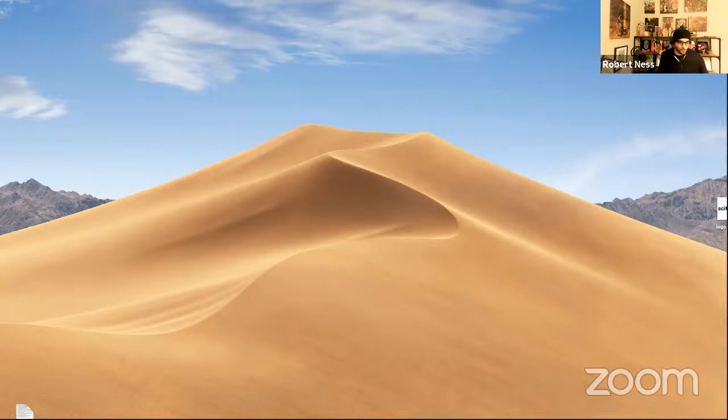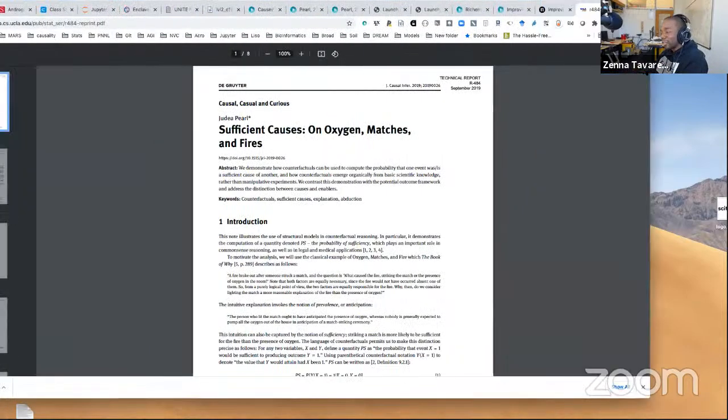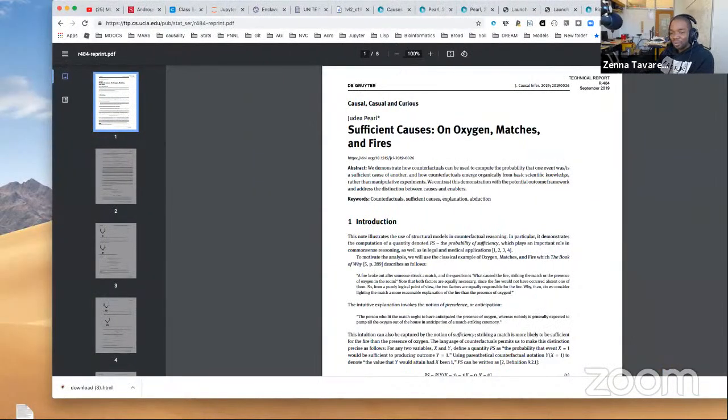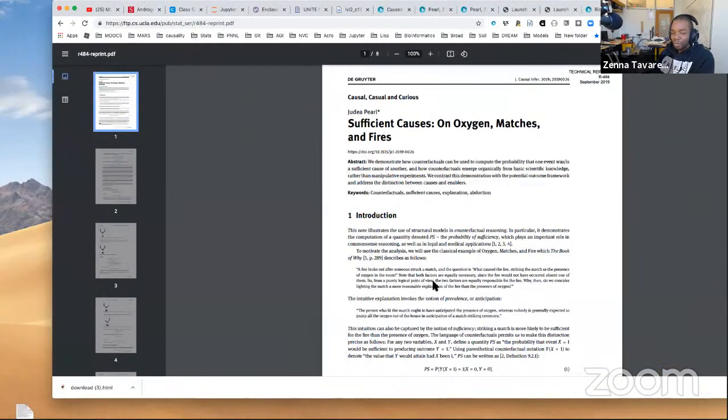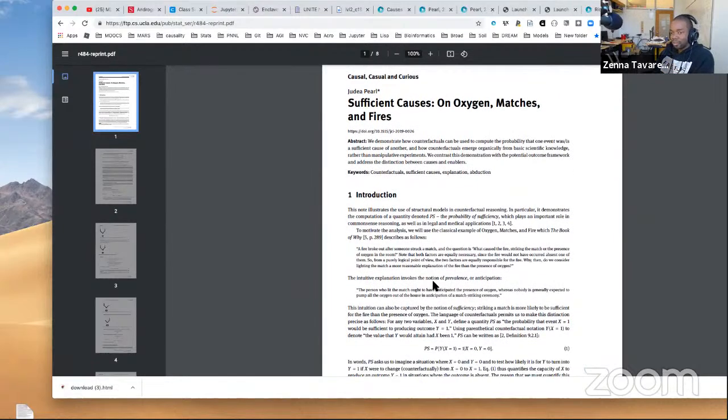Mm-hmm. I think a lot of what this paper is about, and a lot of what Powell talks about these days, is kind of shaking his fist at people and saying, hey, you need to take into account causation. And it's obvious to us, but actually it's not that obvious to many people, right? I was reading a paper the other day about causation in cognitive science, kind of what you're talking about, Robert, and they're defining causation pretty explicitly in terms of just the first half of the expression that Powell has written down.